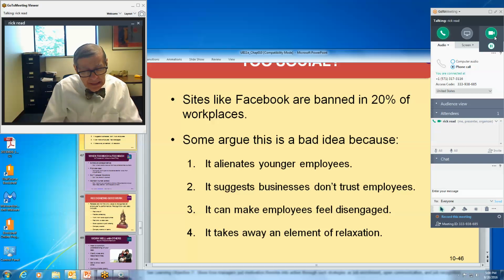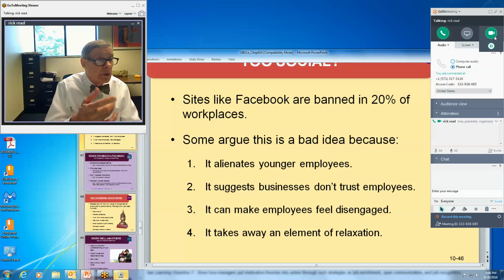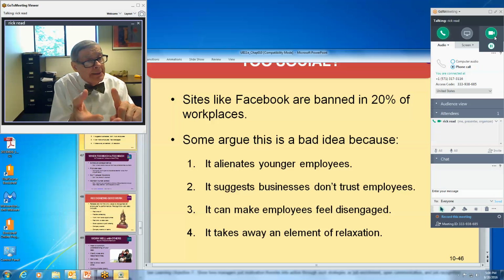Well, you can make that argument. But if you're doing social media and you're perceived as either doing it on company time or you are being associated with the company in some negative way, you can expect some type of discipline. So all I say to you is be careful